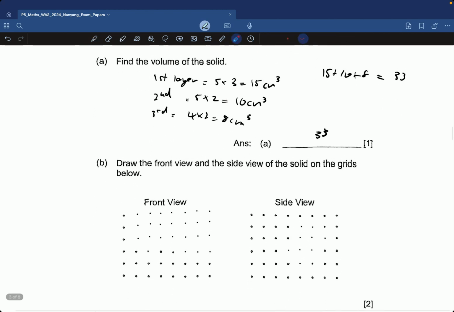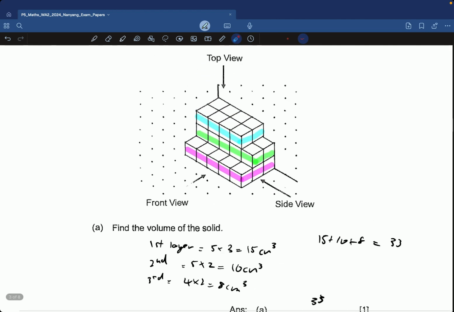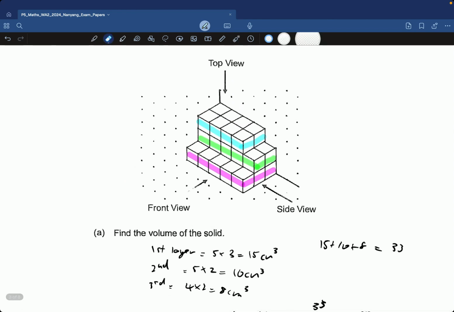Draw the front view and side view of the solid on the grids below. Right. So the front view, if I have to remove everything here. Okay. So the front view looks something like this, where you have, let me just highlight as well. So you have one, and then this, and then same, and this. So essentially, it is basically 1, 2, 3, 4, 5 by 1, 1, 2, and 3. So it's 5 by 3. So 5 times 3